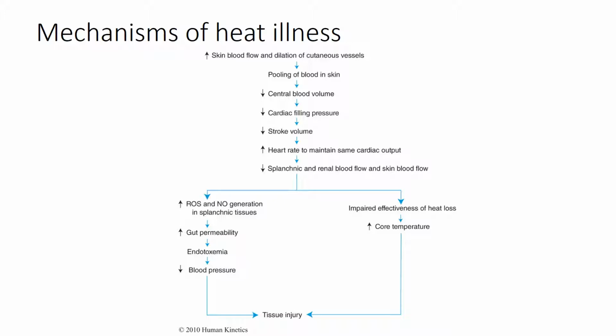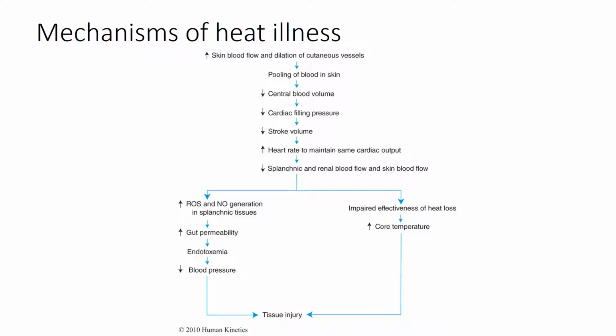Heat what? Exhaustion. Is that it? What comes before that? Cramps. Then heat exhaustion, and then finally heat stroke, and that's where we're talking about potentially dying. Okay? So what's going on is obviously we're starting off by trying to send more blood to the skin so that we can sweat, which is going to cause it to accumulate. This decreases our blood volume in general in the center of our body,